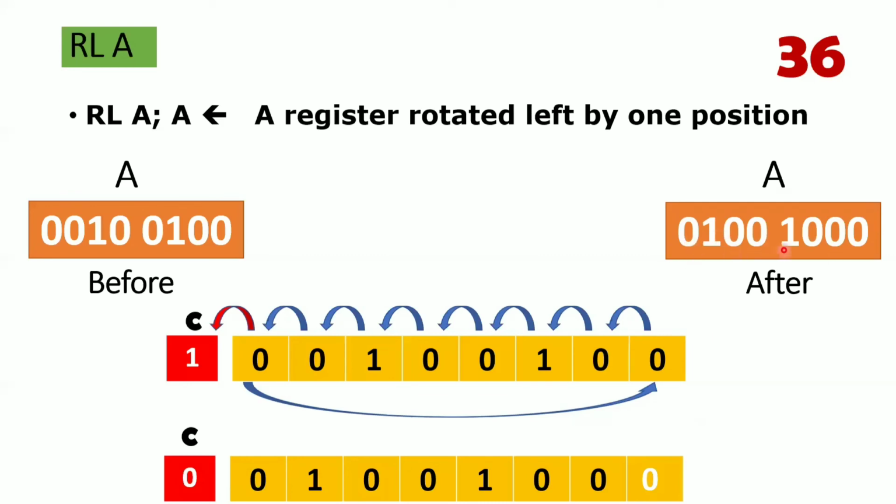Whenever you try to convert this one, this becomes your 64. This becomes your 8. 64 plus 8, what is the value? 72, which means exactly I am doubling the number. So this is how we are doing multiplication in the 8085 microprocessor. I'm sure you know that there are no multiplication and division instructions in the 8085, right? So how do you perform the multiplication and division operations? With the shifting operation.